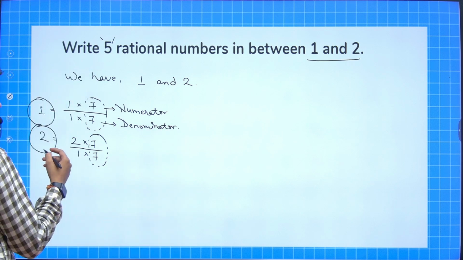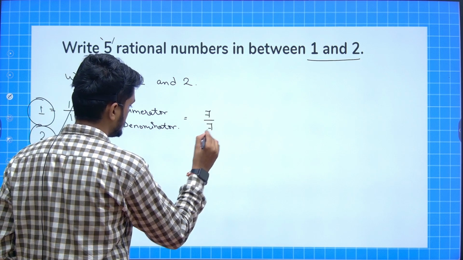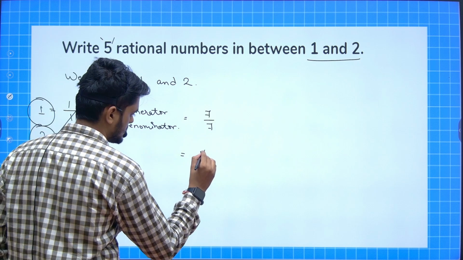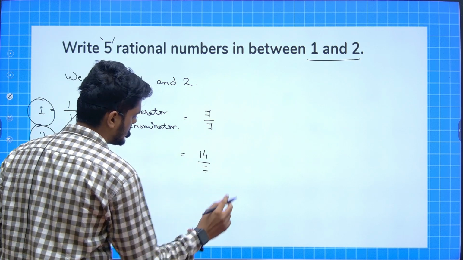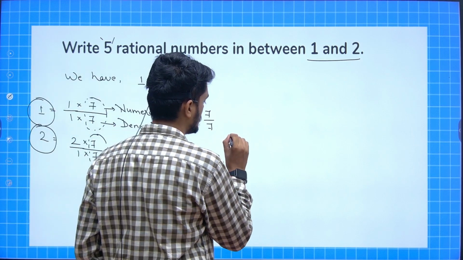So the 1 and 2 will become 7 by 7, and here it will become 14 by 7. If you will draw these numbers on a number line,